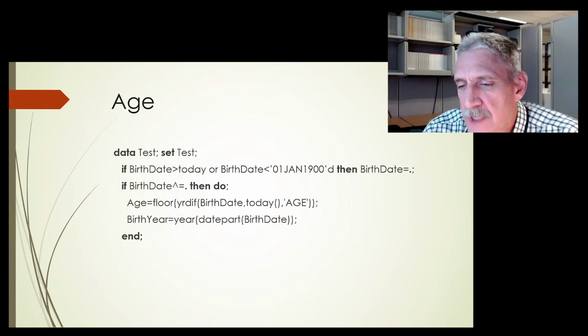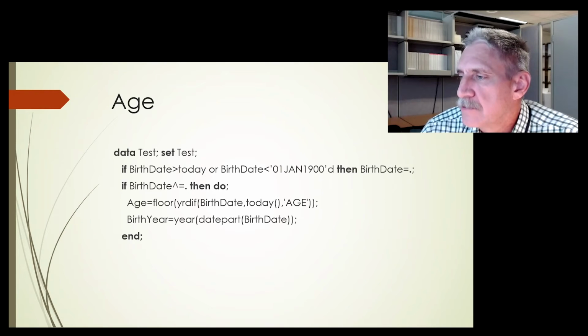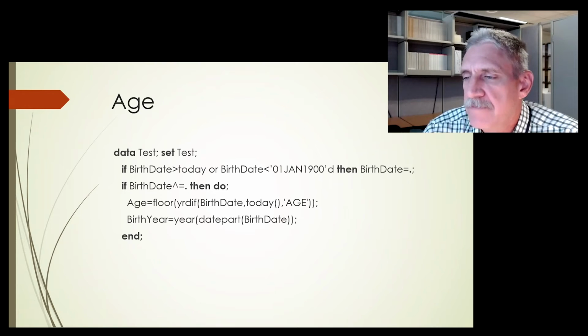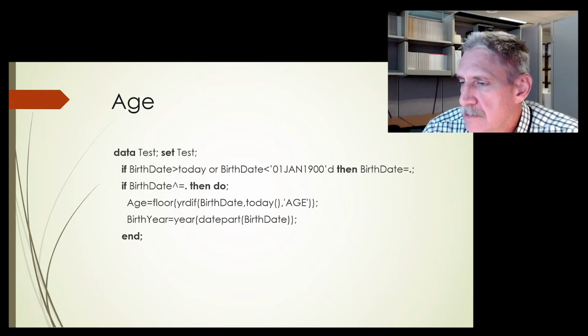a 120-year-old person, but well, some of my license sales goes back to 1972, so I have to be a little bit careful with it. So choose your dates, then reset to null if you know it just can't be possible outside of that. If you have a number, then you can then calculate the age. Using the year diff function, you can easily calculate the birth date from today or from purchase date or any other time period. Birth year, you can also calculate in a very similar way.